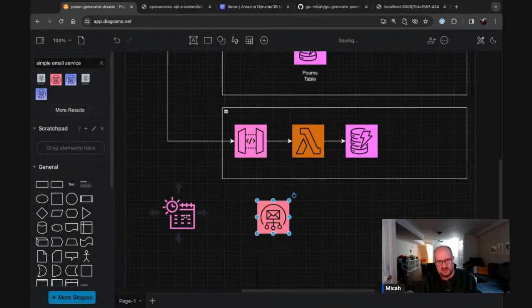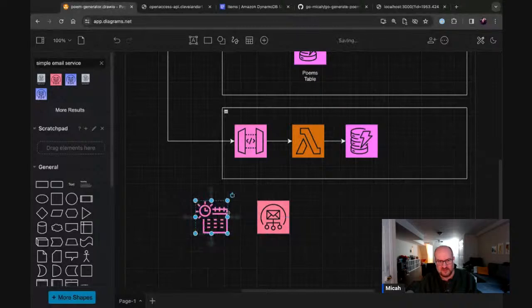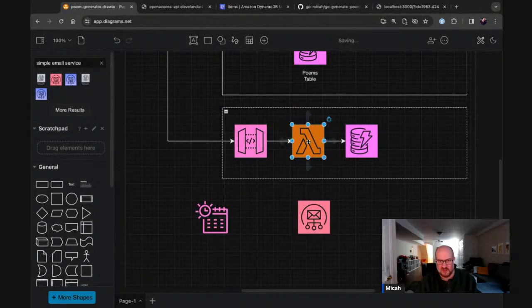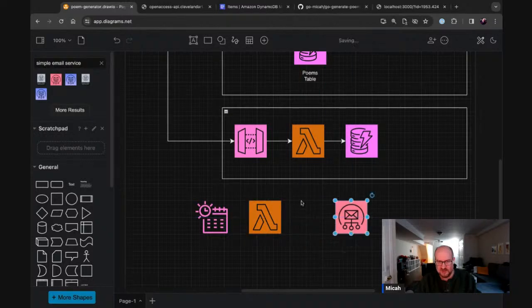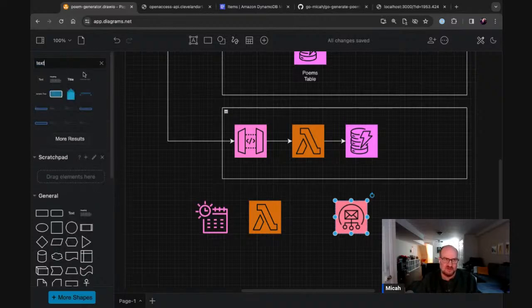Okay, so on some schedule, we are going to probably run a Lambda function of some kind, or a step function maybe. We could do that. That might be fun. I don't know why. But anyways, we're going to write some code or write some process here, which is going to, what's it going to do? All right, let's just sketch it out here a little bit while we still have a minute. So the Lambda function, or whatever the compute is we choose here, is going to somehow pick a poem. I don't know how yet.